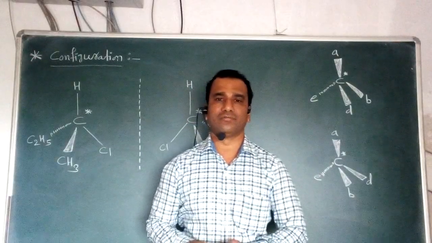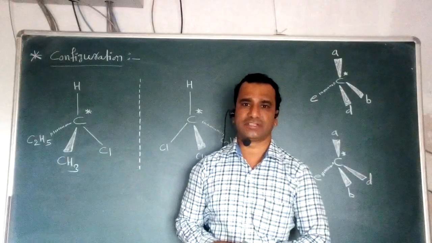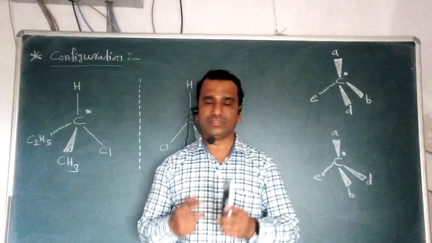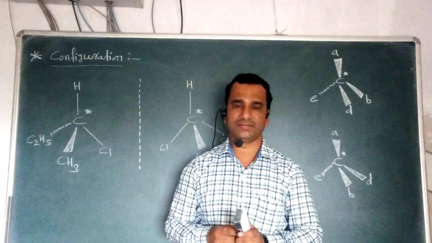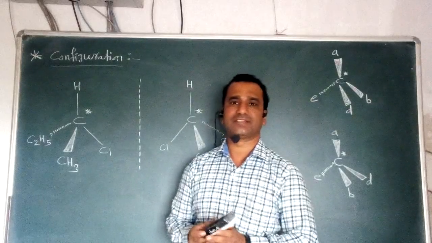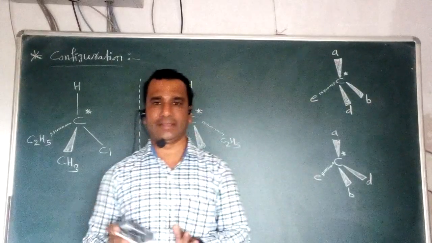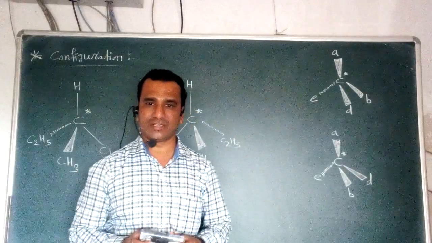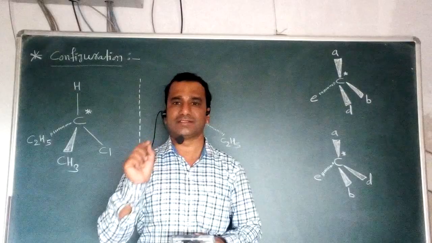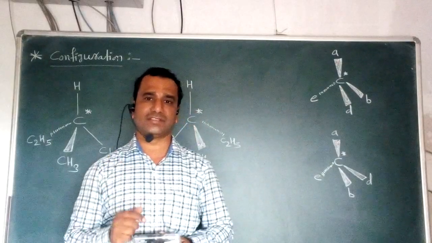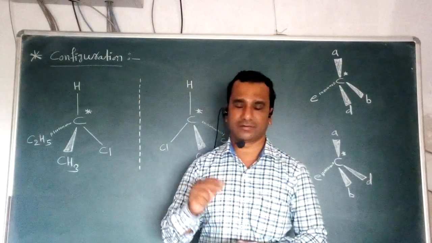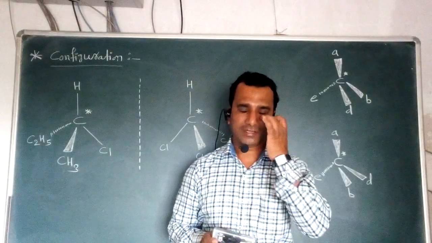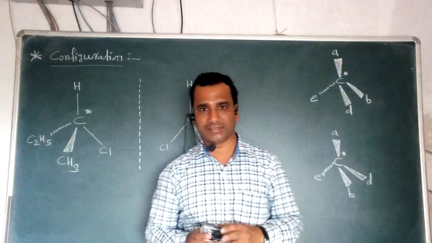In the last lecture, we studied one important point from the chapter, that is, what is meant by geometrical isomerism, how this geometrical isomerism is defined, how it is classified into four different types, that is cis and trans configuration, and second, what is meant by E and Z nomenclature or configuration system for the given isomers.